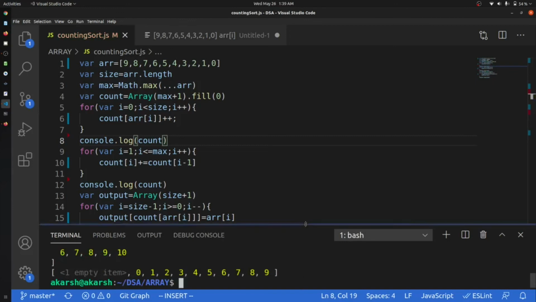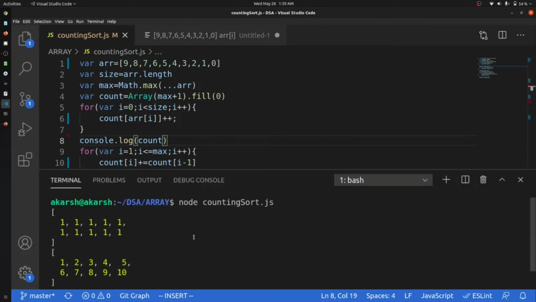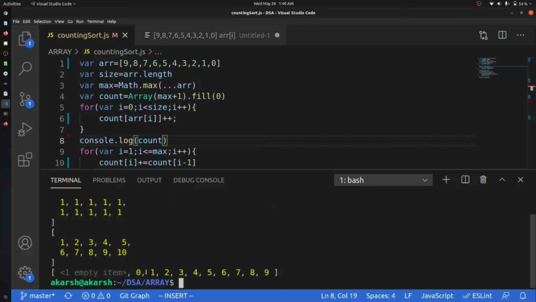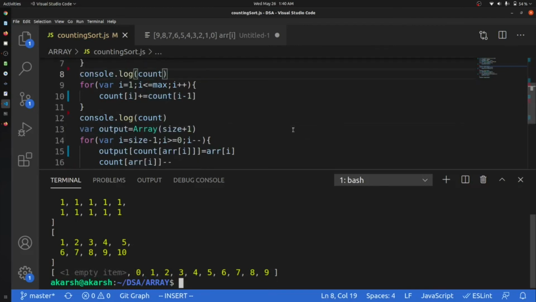Okay, you can see that we already have an array, and then we have the complementary array, and after that we have an array. We are having an empty array. Why is that? I think this is the issue. No, that's not the issue. Okay, let it be. But we can see that we are having the array in the sorted format.